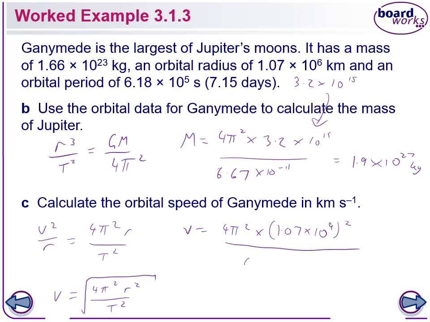So 6.18 times 10 to the 5, all squared, and we want the square root of everything there. So if you put that into your calculator, you will get a velocity of 10,879 meters per second,